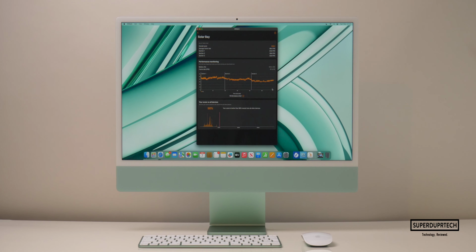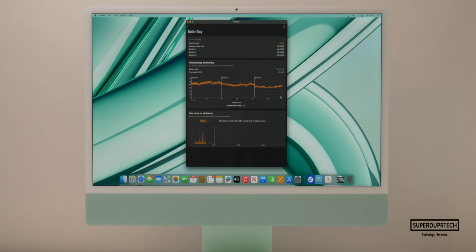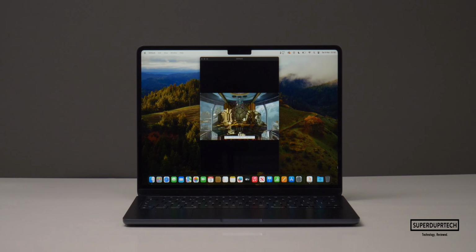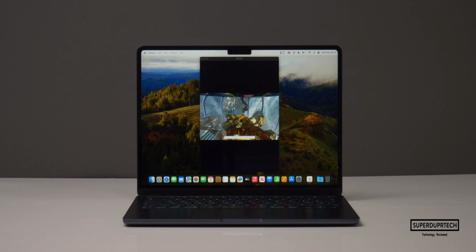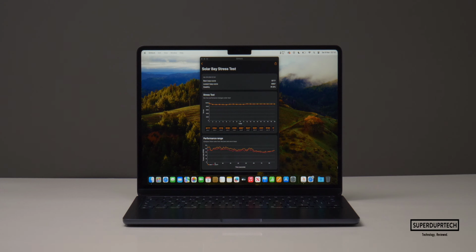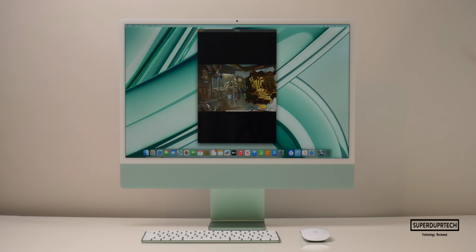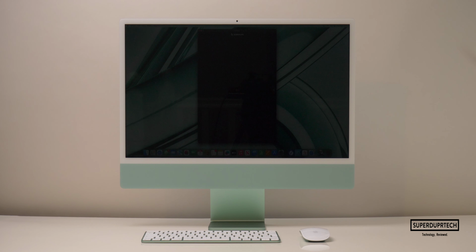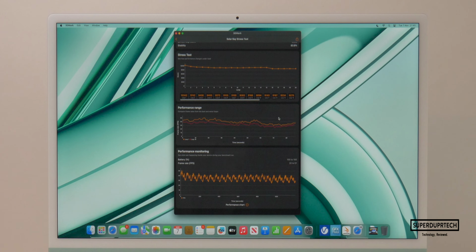Which once again was higher than the iMac, which averaged 39.4 frames per second. I also ran the Solar Bay stress test, and when running this stress test on this MacBook Air I got scores of 9,777 with lower scores of 8,997. And this time around the iMac scored much higher, with its best score coming in at 10,342